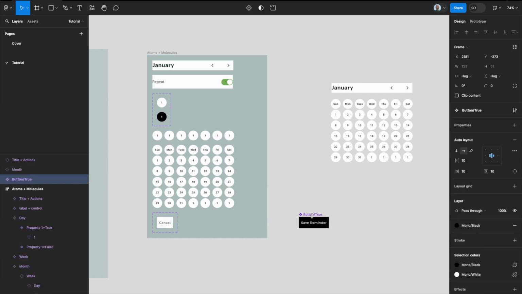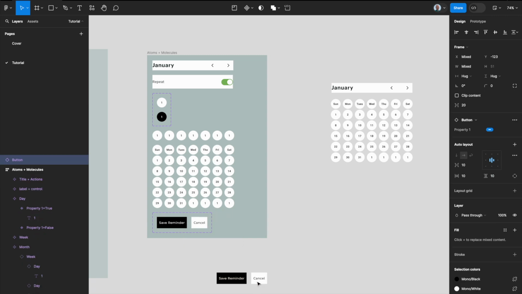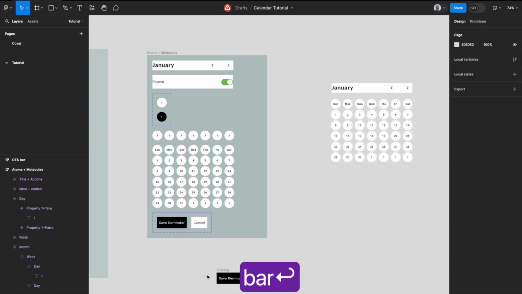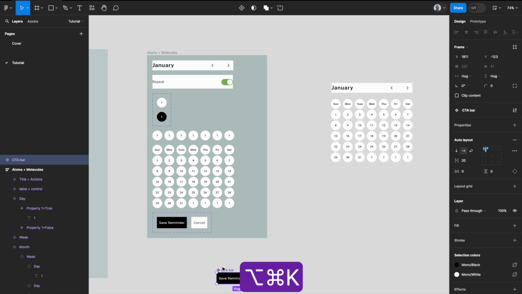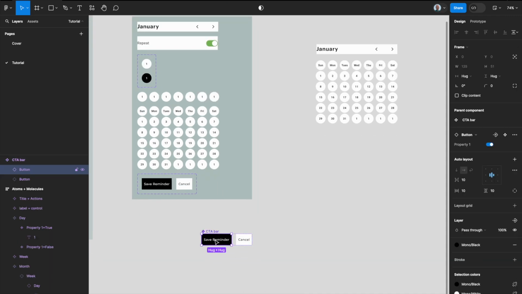Oh, I didn't make our action bar. Maybe we should do that really quick. So we just put these in auto layout, and let's just call it CTA bar. Again, you can call it whatever you want. It really just depends on what you're comfortable with, what your developers want to do, and we can just hit